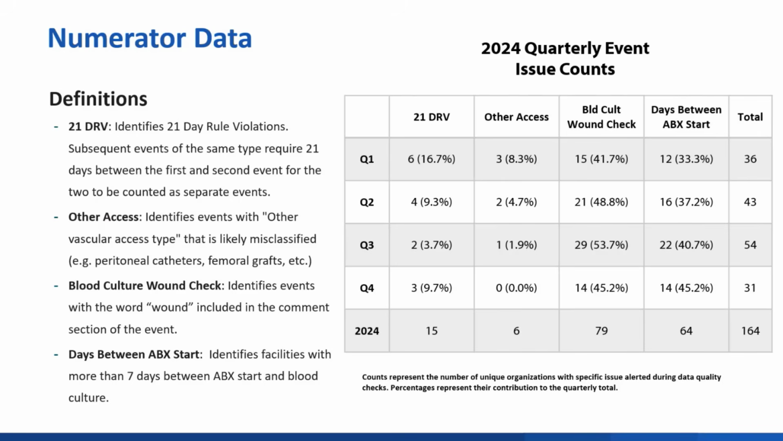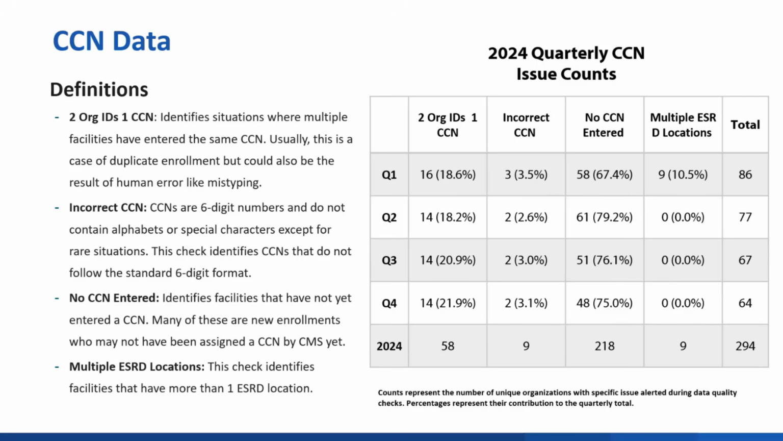But on the right-hand side, you can see how many facilities had each of those alerts during each quarter in 2024. You can see that overall, the number of alerts went up until quarter 3, but then in quarter 4, it was pretty low. So there's some seasonality there, but overall, the rate of facilities having an alert for numerators was very low. On the next slide,